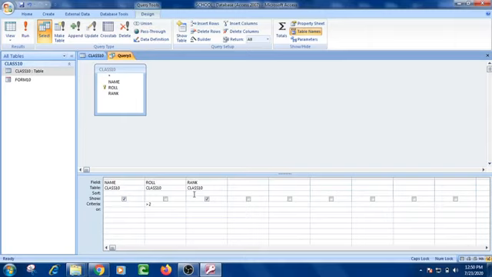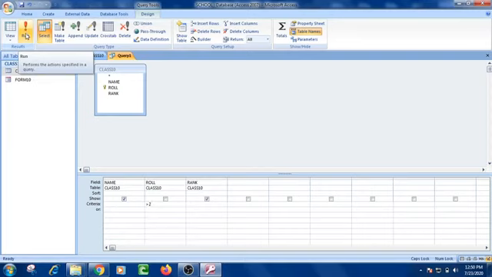To run the query, I have to go to the Design tab. In the Design tab, the first group is the Results group, and in it there is a command known as Run. It will perform the action specified in a query.